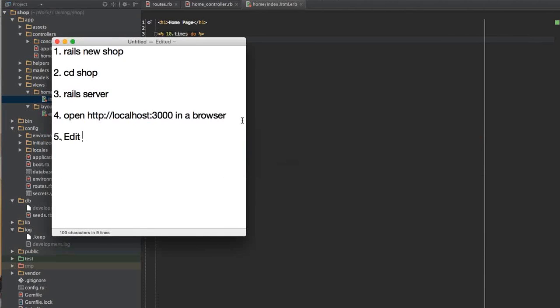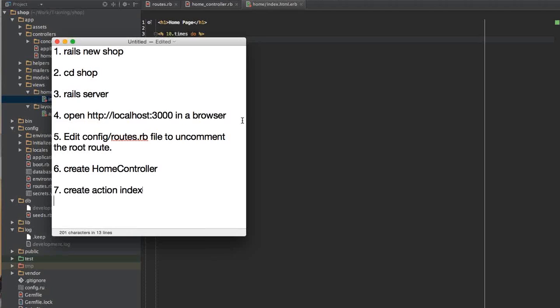So edit the config/routes.rb file to uncomment the root route, and then create the home controller. I'll just say home controller, and we created an action. So create action index,